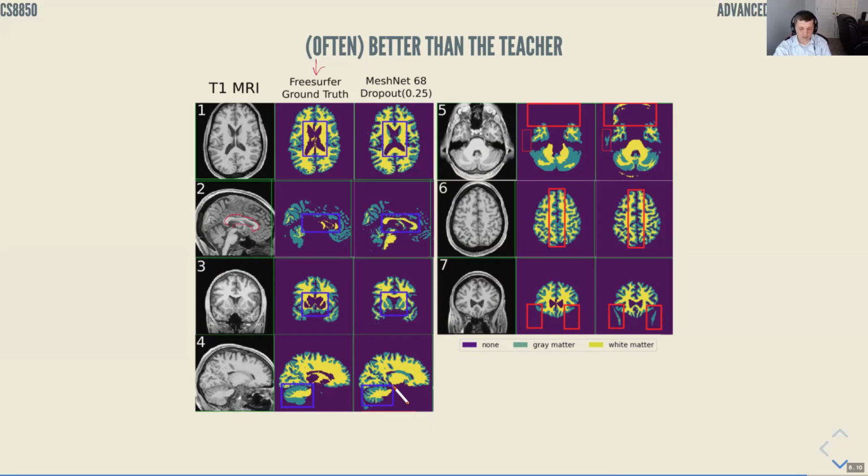Same here, we're better than the original model. Sometimes we make mistakes as well, like this is part of the skull and our model got them. It shouldn't have gotten them. But this is surprising. So you need to know key information or key insight about deep learning models, that they